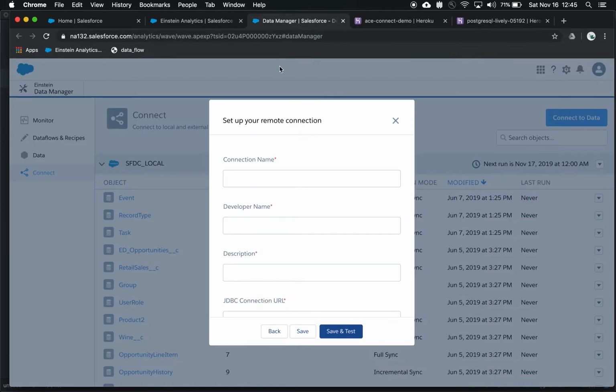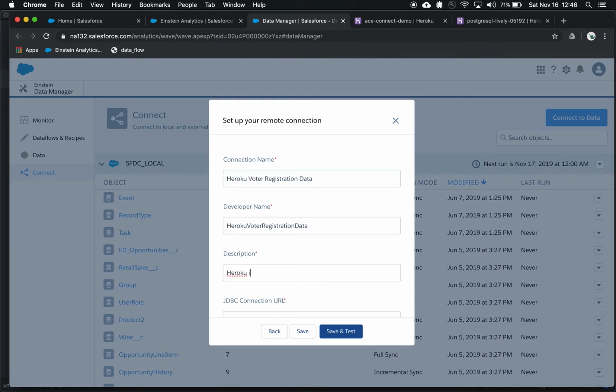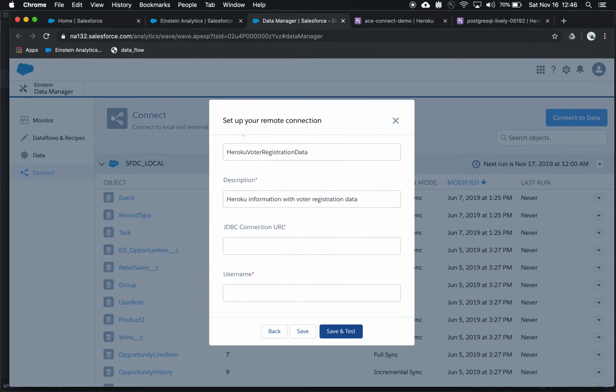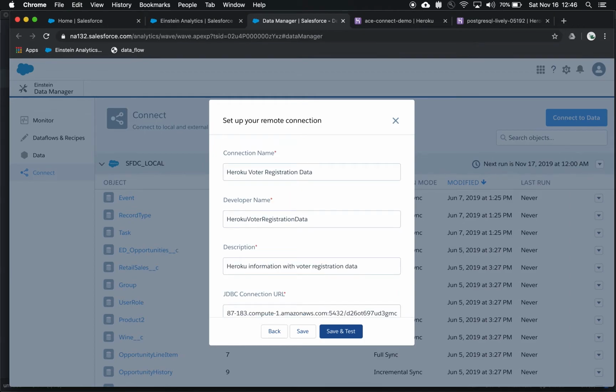So I go back to my data manager. For my connection name, I'm going to call this Heroku voter registration data. My developer name, as I mentioned, we want to comprise a good naming convention so we can find this later easily. And my JDBC connection URL, which I had created,